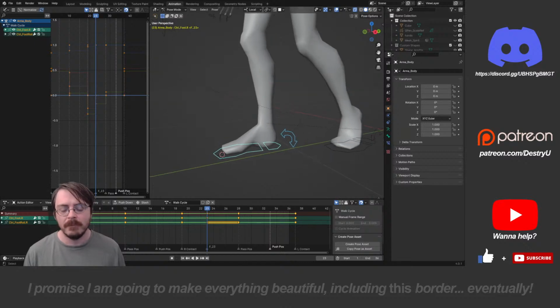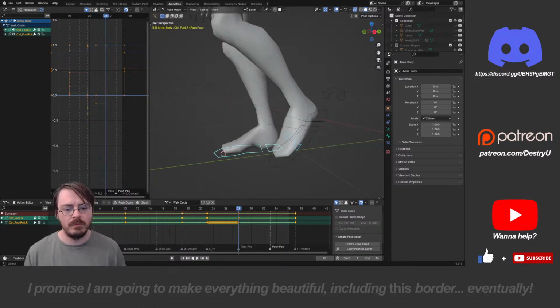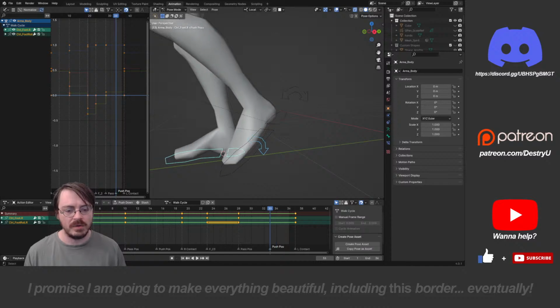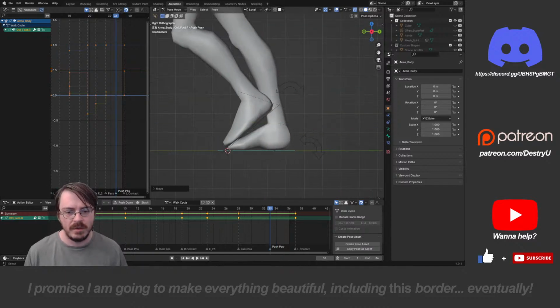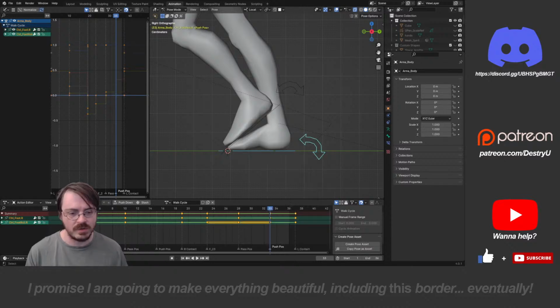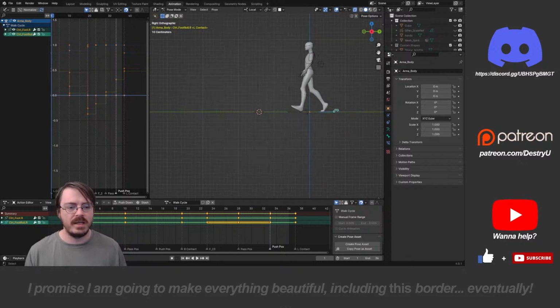It's great. So we've got this here, and then so boom, boom, boom, boom, and I'm going to go somewhere in the middle, and I'm going to make sure again that this is the last possible point that our foot is on the ground, and I'm going to insert keyframes for that. So now, if we take a look,